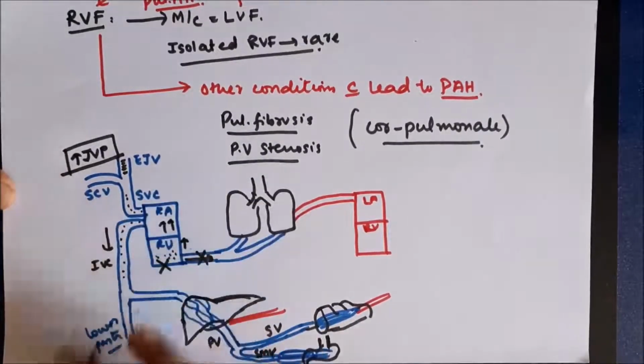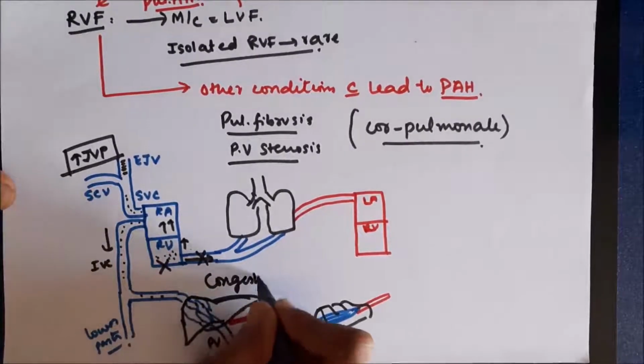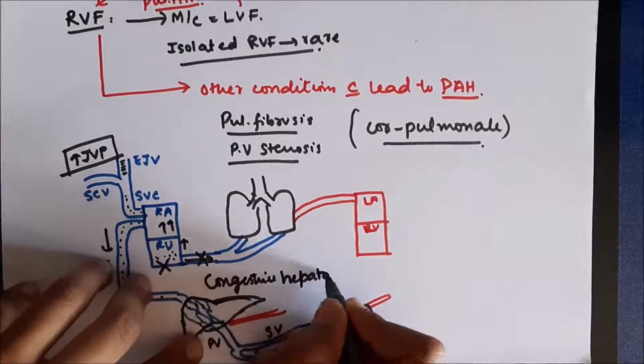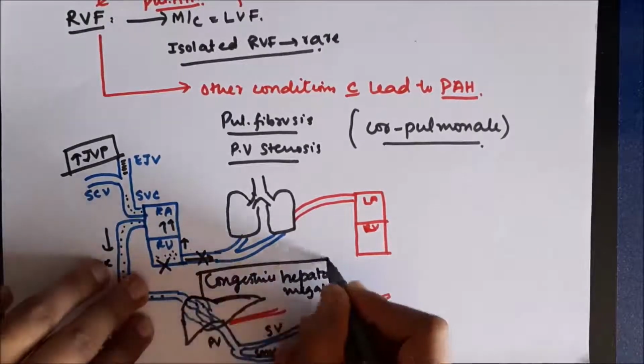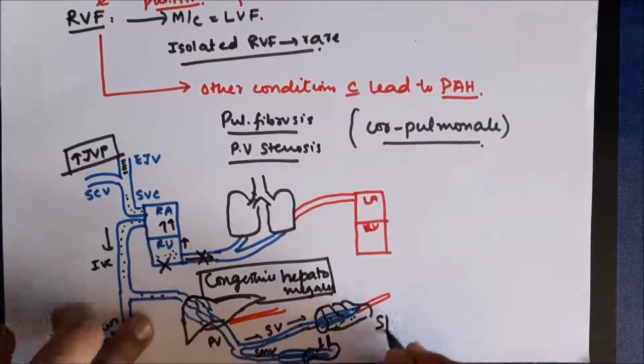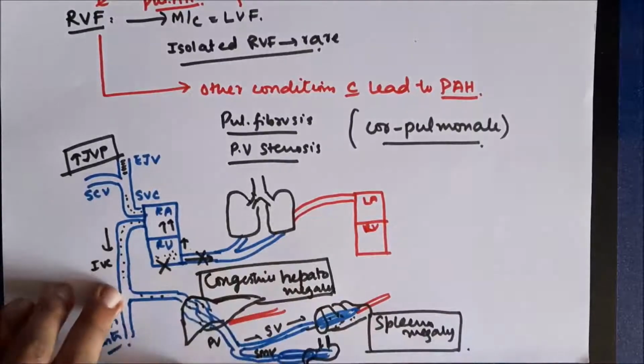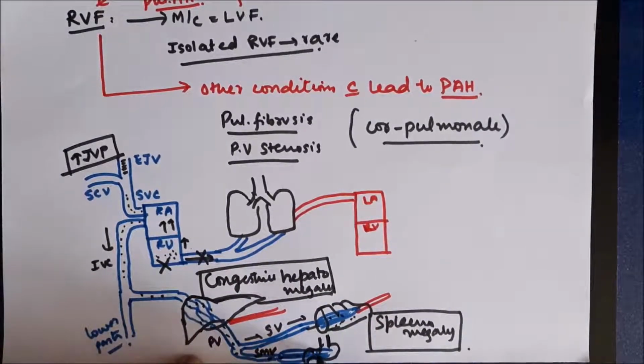There will be more amount of fluid and more back pressure in the inferior vena cava, that will result in congestion of the liver. So there will be congestive hepatomegaly. There will be more accumulation of fluid in the liver, and the liver will enlarge. Similarly, the spleen is going to enlarge, so there will be congestive splenomegaly. And because of edema in the GI mucosa, there will be irritation of the GI mucosa.